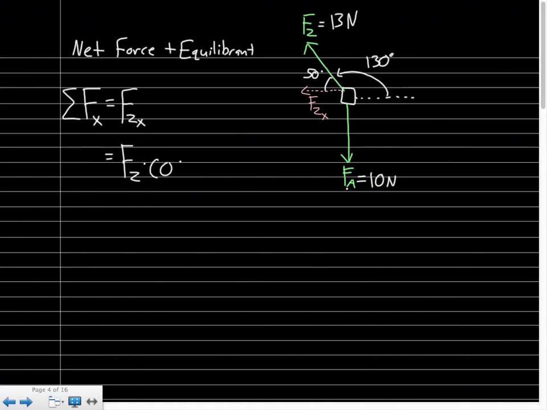Times the cosine. I could write the cosine of theta, but we solved for theta. Let's plug in 50 degrees. There we go. FZ is 13 newtons times the cosine of 50 degrees. Let's get the calculator out. This is awesome. 13 times the cosine of 50. All right, so I got out in my calculator 8.36